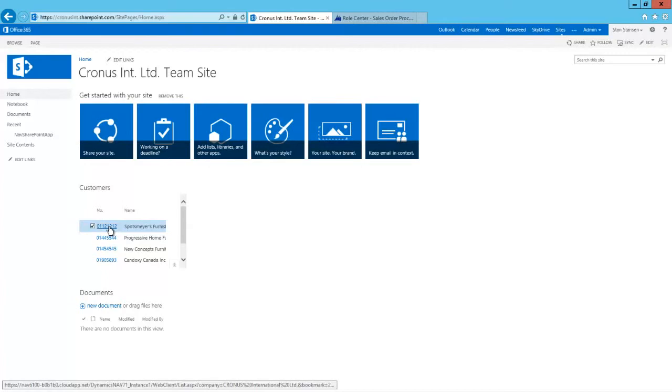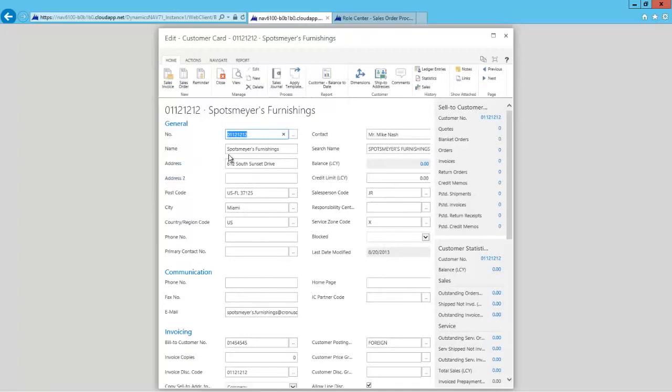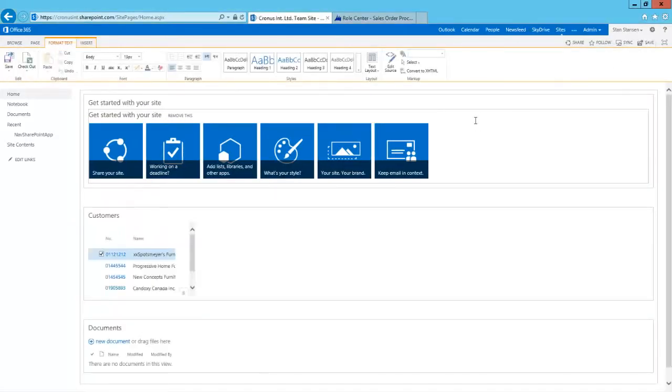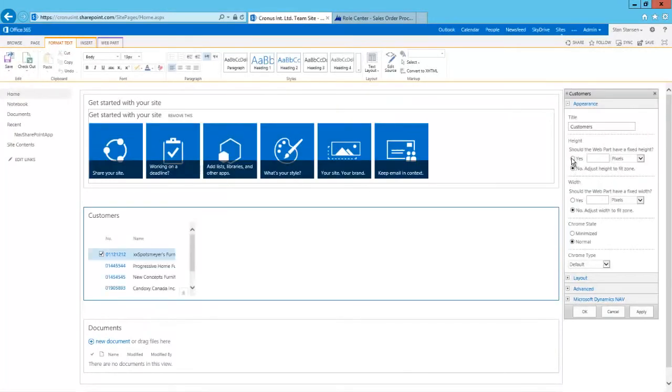And if we click one of these, it will open the customer page, the customer card, and let's say we want to change the name a little bit here. And this is how it works. Now if you remember, we requested that it show 5 rows, and that creates this vertical scroll bar. And we can of course adjust the size a little bit so the scroll bar disappears. So we do that by giving it a little bit more space to show itself.